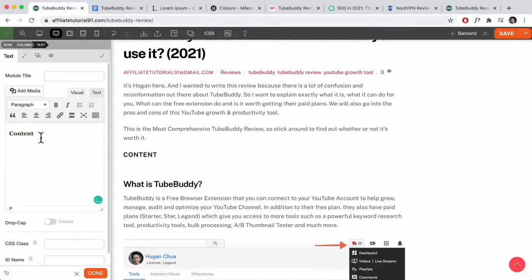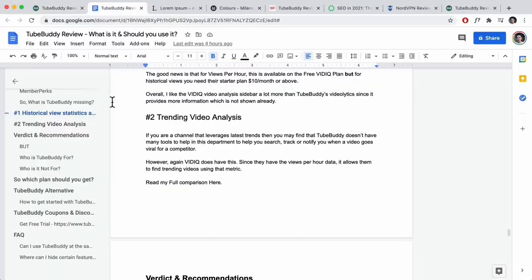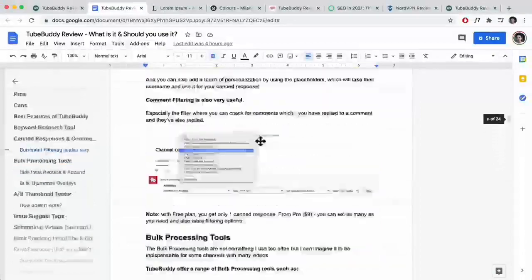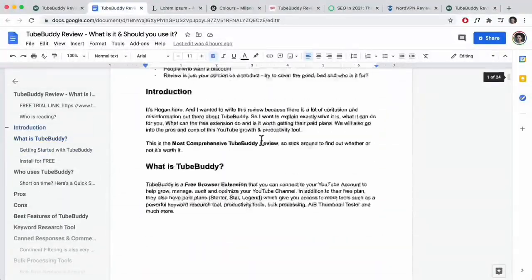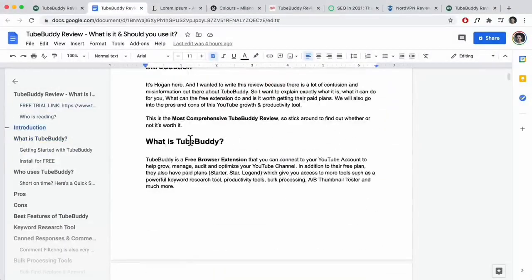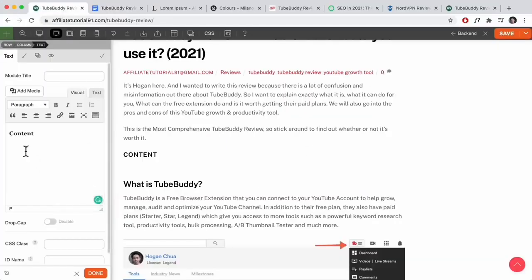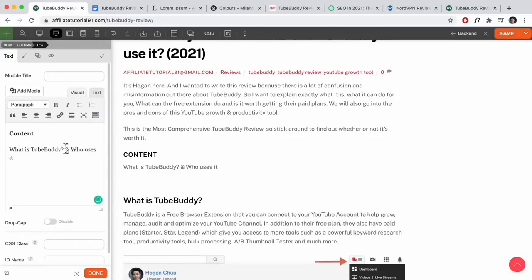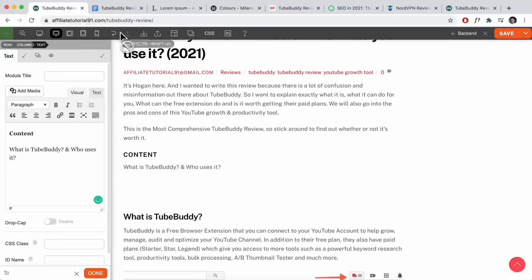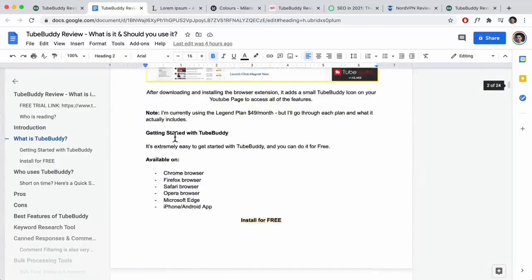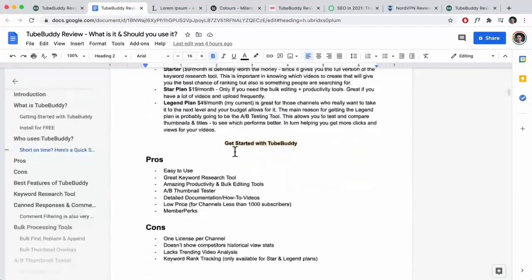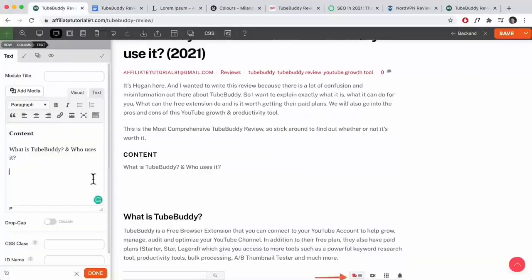And then what we want to do is we want to look back at our article, and we can start adding in all the different sections. So for example, what is TubeBuddy? Copy that, and then we can start adding all the different sections in manually, and maybe who uses it, like that. And then we could do the next section, which is going to be, let's say, okay, so pros and cons,